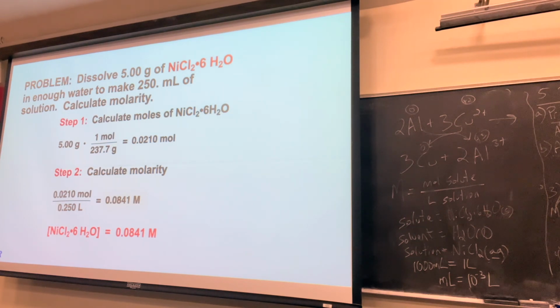So moles over liters to 3 sig figs, 0.0841 molarity. So the concentration, or the molarity, same thing, of the nickel 2 chloride here, 0.0841 molar. Notice how here it's in square brackets, equaling this number. That's what you see sometimes, although that's not as common as it used to be. So grams to moles, milliliters to liters, moles over liters,